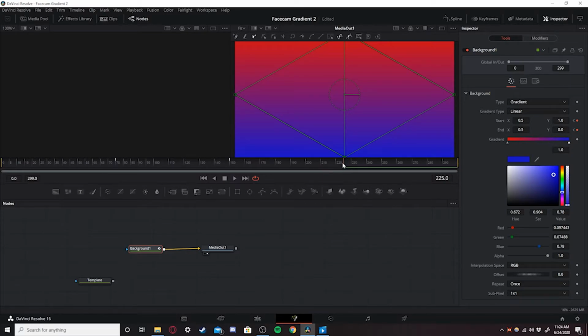Okay, and finally, we're going to drag this all the way to the right to frame 299. And we're going to drag this all the way back to where it started with the blue. So as you can see, that's 0.5. So we're going to make this one 0.5 and correct these two. And as you can see, now we are done. If you scroll through your timeline, you can see